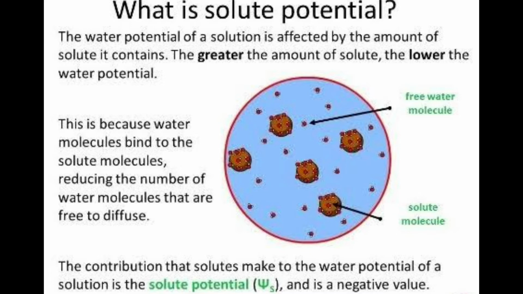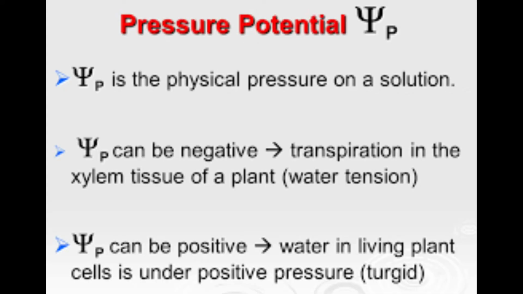If the pressure is increased, you might have seen pressure cookers in your houses. What happens if you boil potatoes or hard vegetables? We pour water and keep them in pressure cookers. If you add pressure, then the potential of water increases. The more the pressure, the more the kinetic energy of water, thereby boiling the potatoes and hard vegetables very easily. So this is the mechanism.